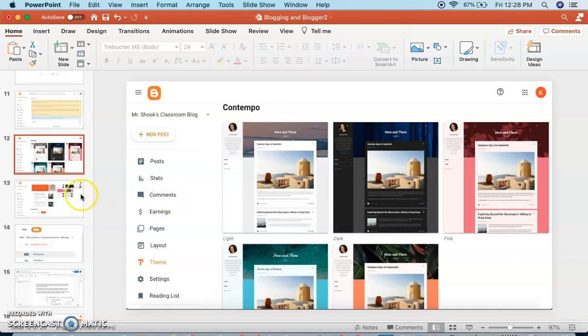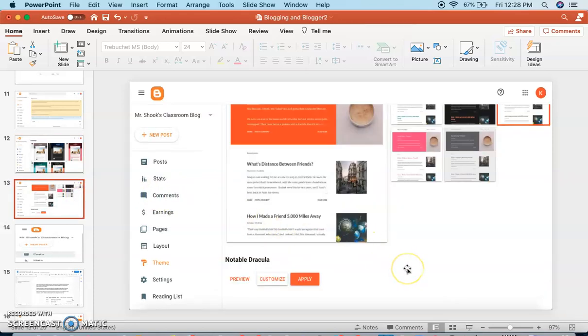So, for instance, I, running an education kind of accompanying blog as I'm watching your blogs, wanted to go with something that was not quite bare bones, but not as flashy as I might if I were doing something a little, well, flashier, right? If I wanted to do a sports theme, I might use something with a lot of reds and blues and strong colors. But for the time, I really like the Notable Dracula. It's a simple black and orange themed blog, and that is the blog that I have picked.